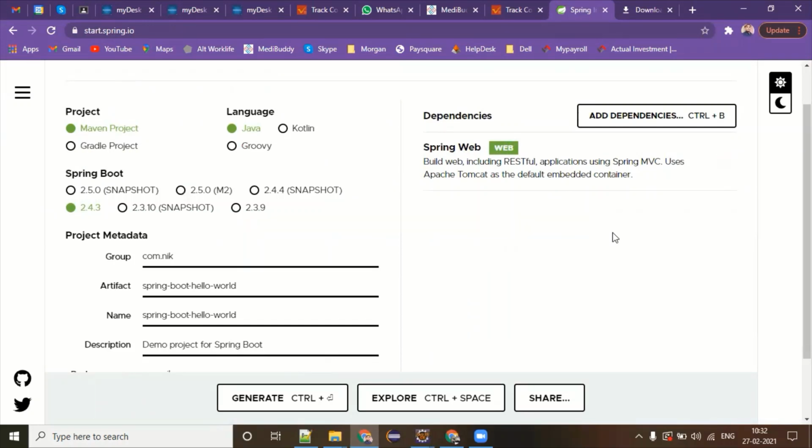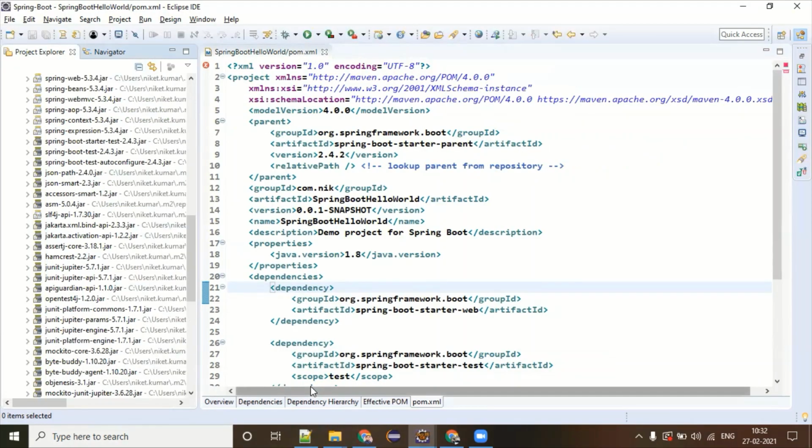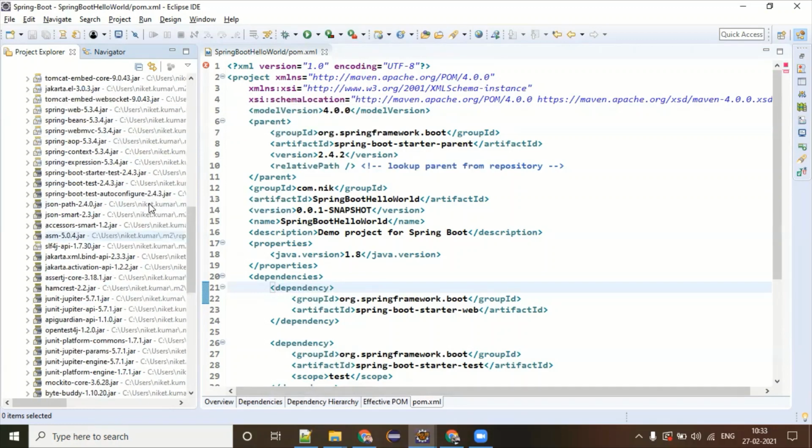So now anyhow we are selecting a Spring Boot default project, right? So all these Spring Web and MVC related jars will come by default, even though we do not add them, right? No, it will not. If you do not add Spring Web, then all the dependencies related to web will not come. Spring Web will not come, Spring Web MVC will not come. This is not a part of the Spring Boot starter parent.